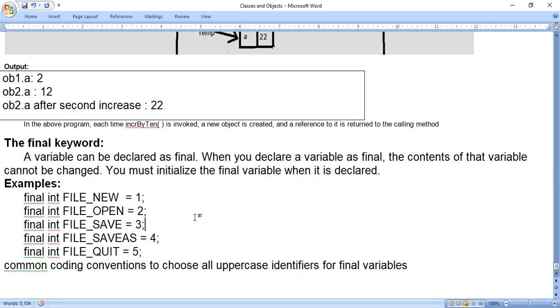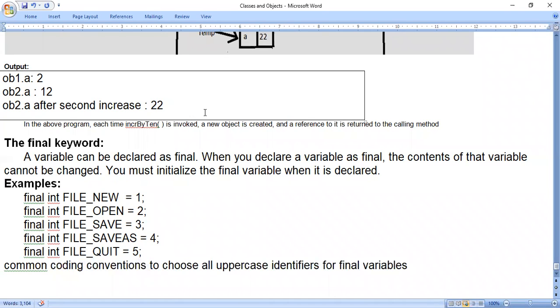Again, I'm telling you it is not a rule, it is a convention. Rule is different, convention is different. If I say rule, you have to follow that only, you should not change at all. If I say convention, convention is like a habit, you just should not get confused. So in that way, programmers have followed that convention, okay.